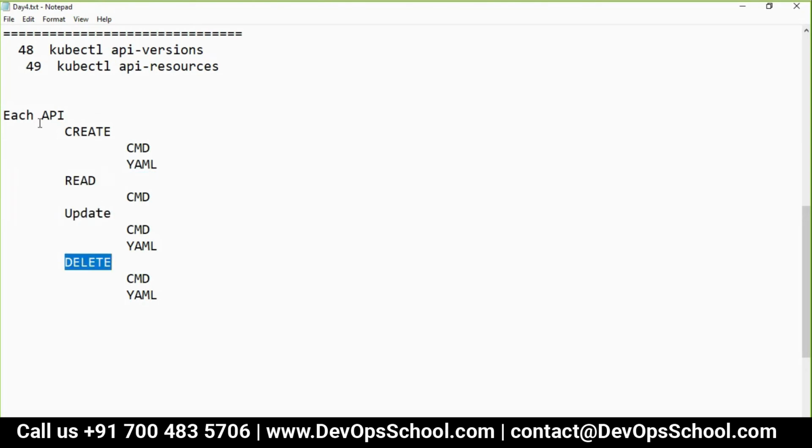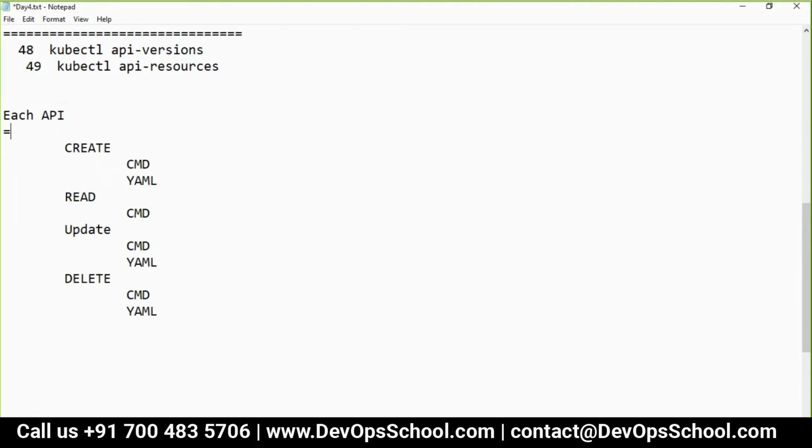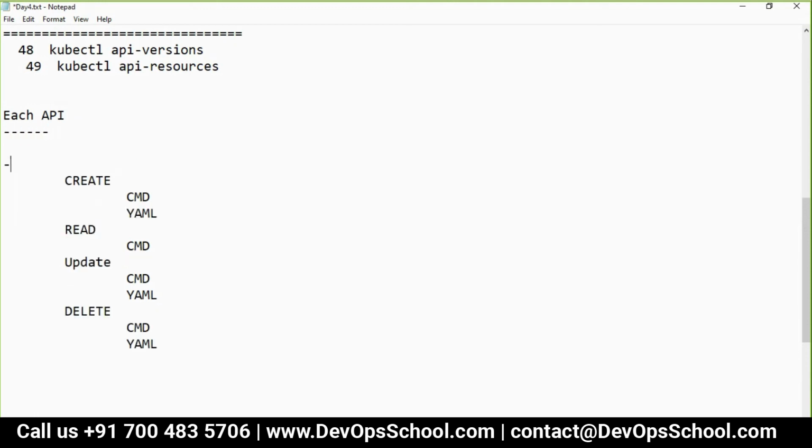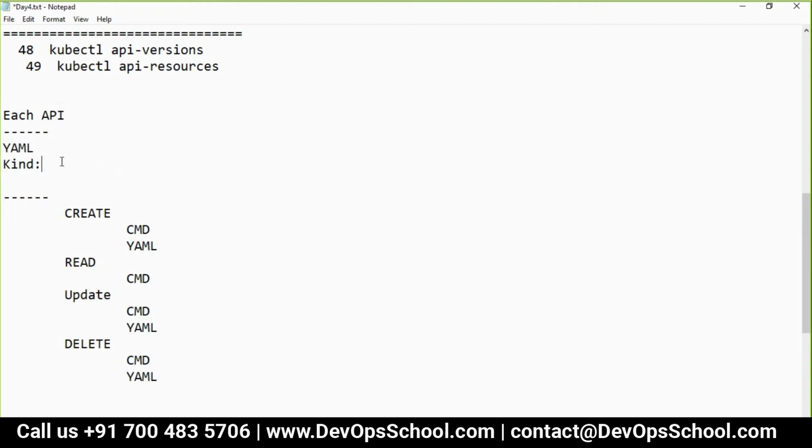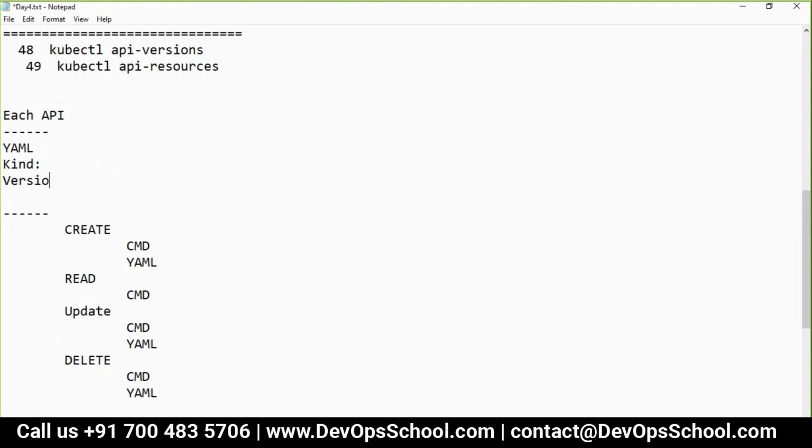One more thing. Each API has a kind. You have to declare it, and this declaration you should not forget. If you are using YAML format, you have to tell the kind and the version. If it is the command line, you have to tell the short name.